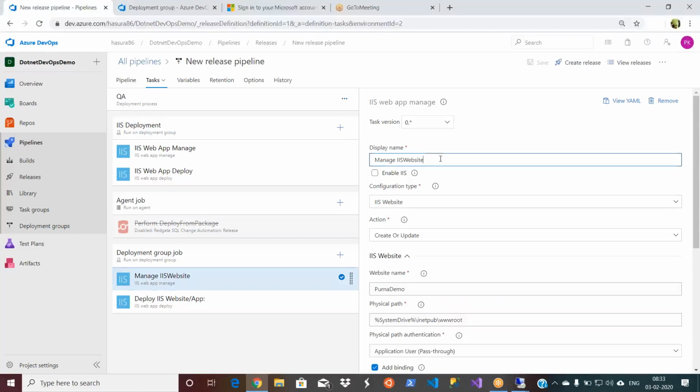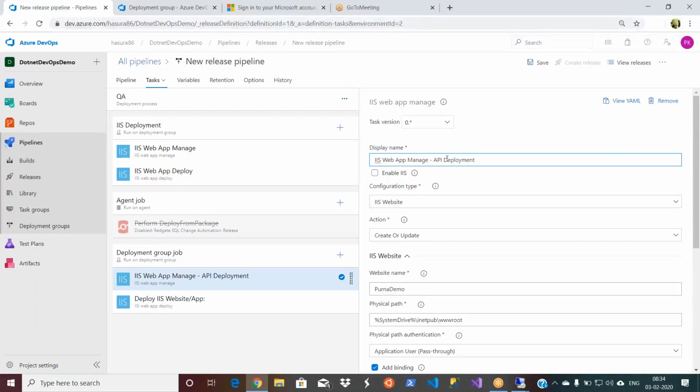This is just a name. This is a display name. You can change it to, let us say, IIS web app manage. That's it. Or else you can say API.